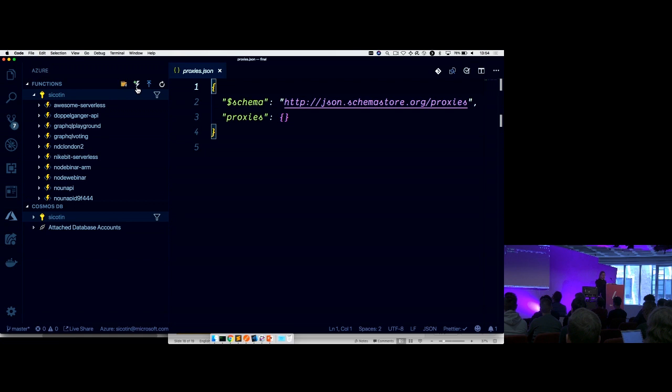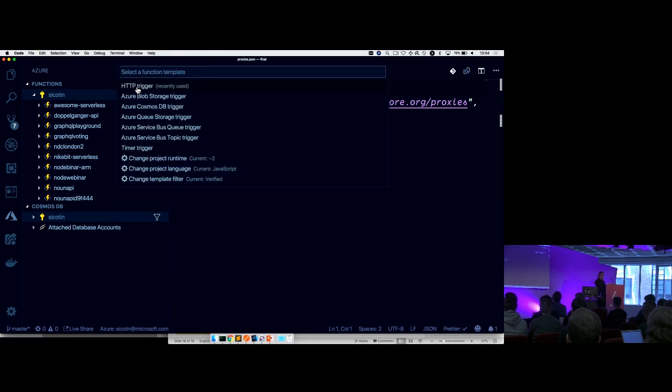So then the next step, this is just the project that we've created. Next, we want to actually go ahead and create a new function. And I've used the icon there with the thunder and the plus, and that will help me create a new function and generate code for that function from predefined templates. I mentioned previously that with Azure Functions and with serverless, we react to events.